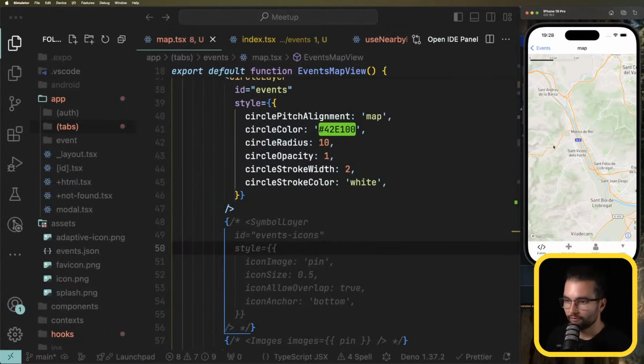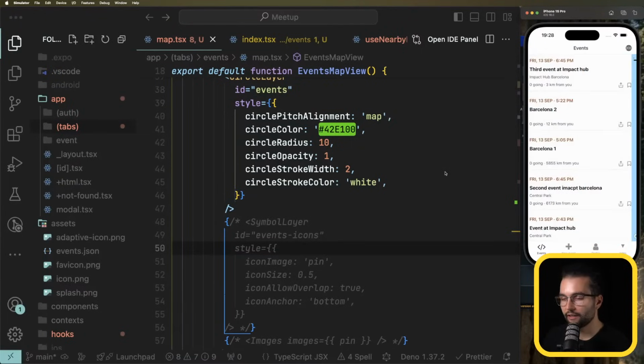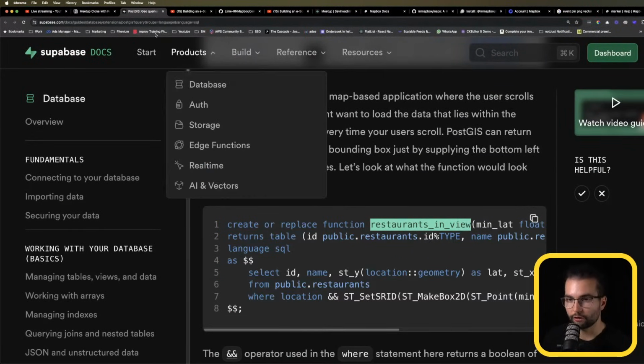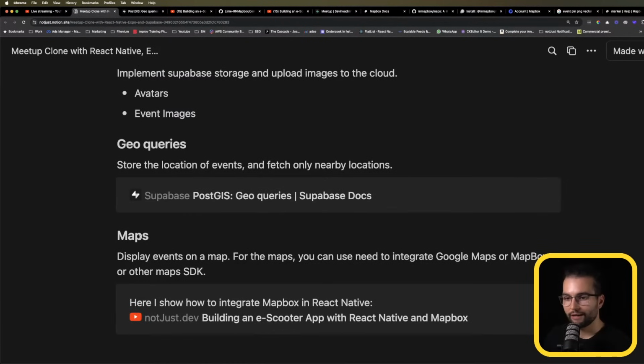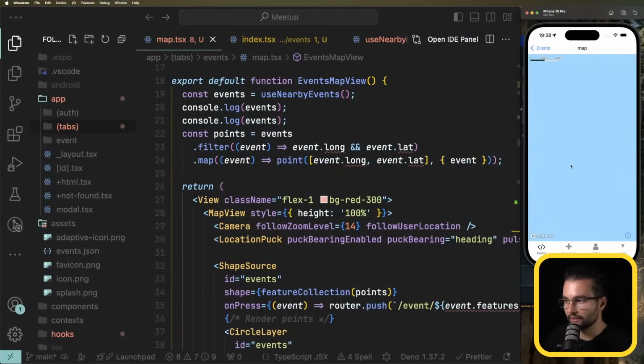That way, I get a new set of events: move here, get them from another place. This is something that will improve the Geo Queries. When it comes to the maps, I would recommend you to implement